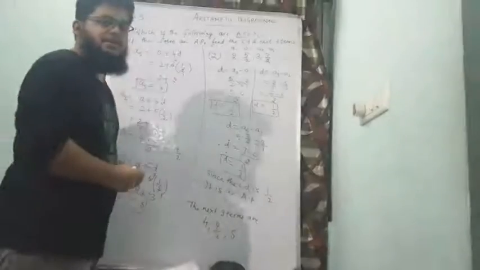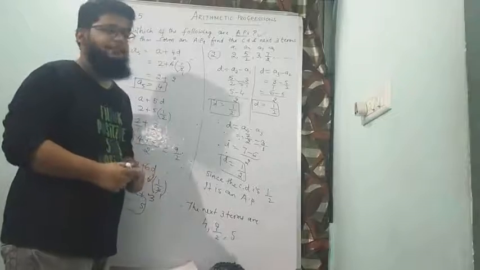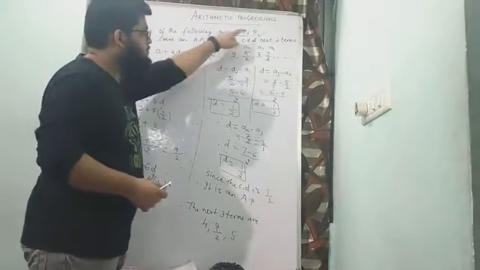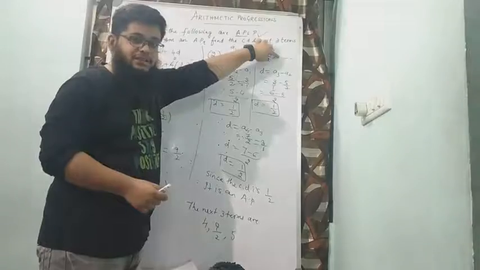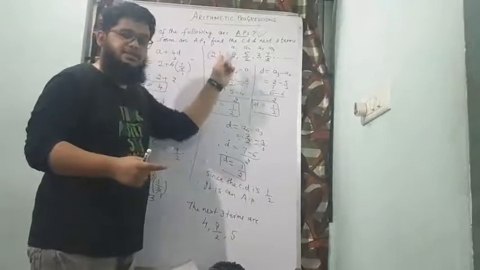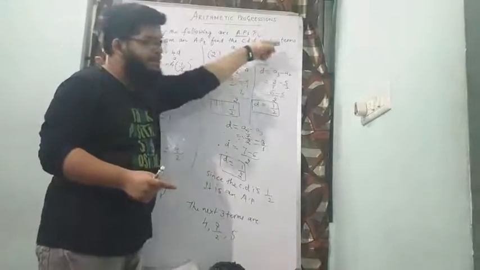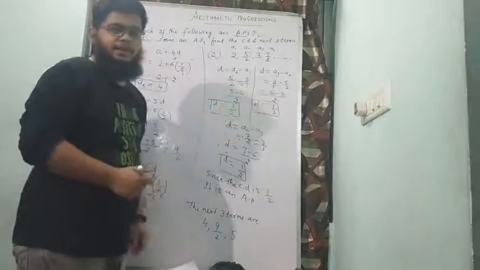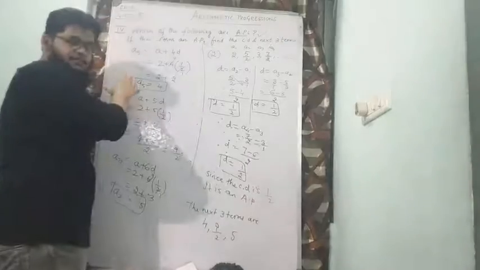Even if you look at the question, you can make out that it is an AP. There is 2, there is 3, that means there should be 4. This is 5 by 2, 7 by 2, that means there is a difference of 2. Next it should be 9 by 2, 11 by 2, and it can continue like that. So while writing, this comes first and this comes next. Please make sure that you write it in order.